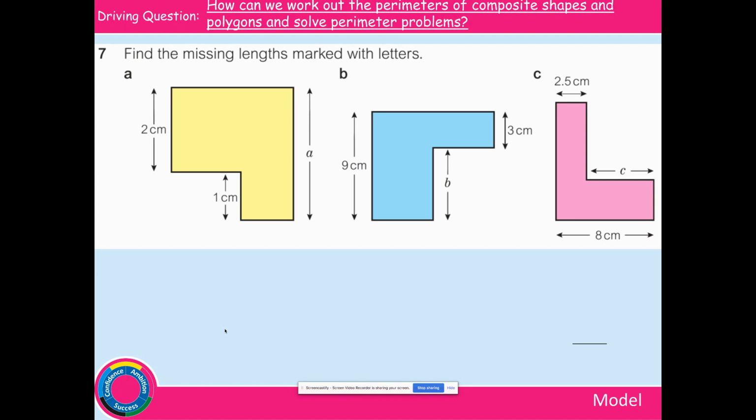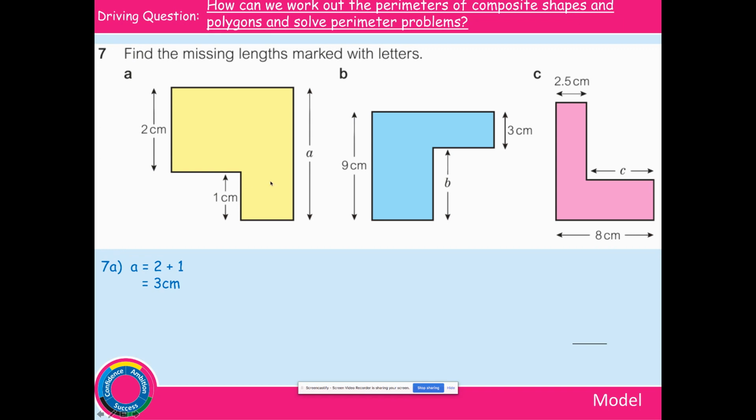Okay, so find the missing lengths marked with letters. If we look at this first shape, we've got an A here. We don't know how long this is, but we have been informed of this vertical height and this vertical height. So this height, add this height, will total this height. So A equals 2, add 1, which is 3 centimetres. So we know now that this side is 3 centimetres, and the other 2 vertical lines also total